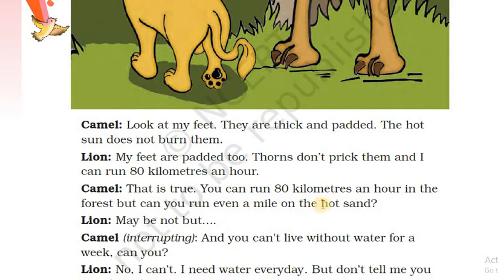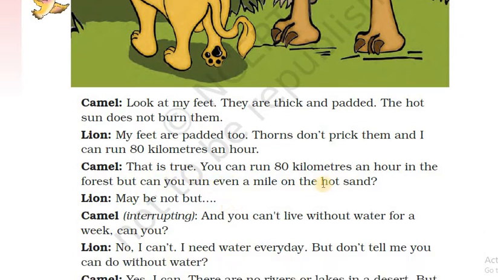You can run 80 kilometers an hour in the forest, but can you run even a mile on the hot sand? Camel is ready to believe that yes, you can run 80 kilometers an hour in the forest, in the jungle. But can you run even a mile? 1 mile भी आप hot sand के ऊपर चल सकते हो? Lion says maybe not. But Lion is telling an answer to the camel that शायद मैं नहीं चल सकता, लेकिन